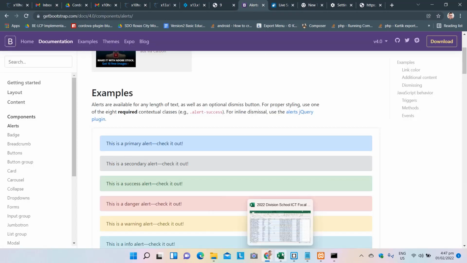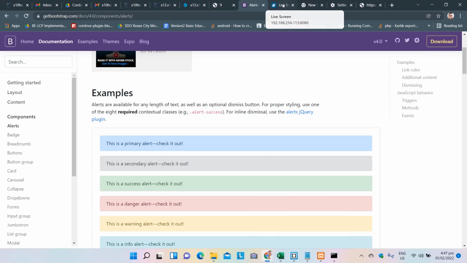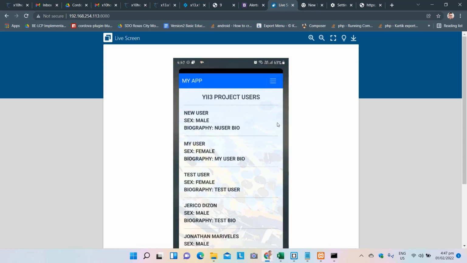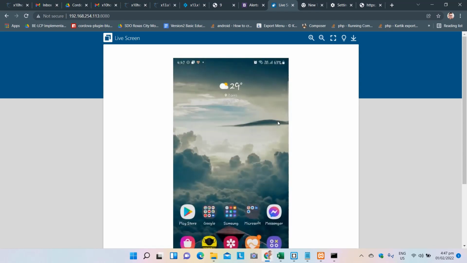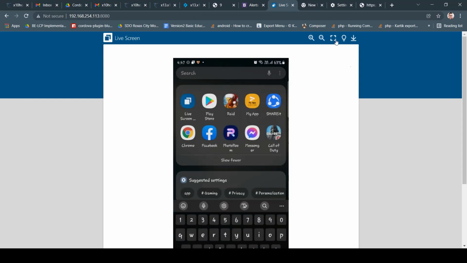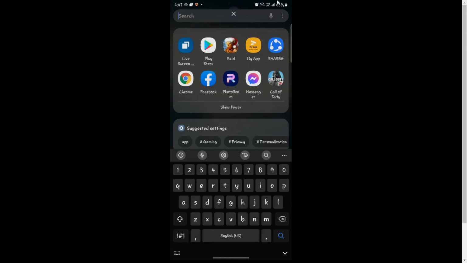And as you can see, we have already changed our icon. If you did see earlier, when you go to the my app, you can see it has a different icon now. There you go, a different icon. So how we did that was,